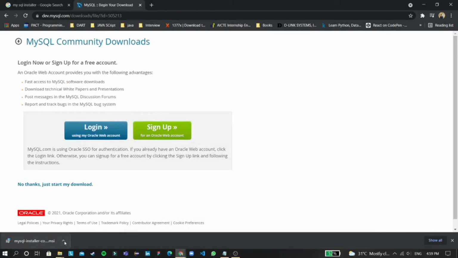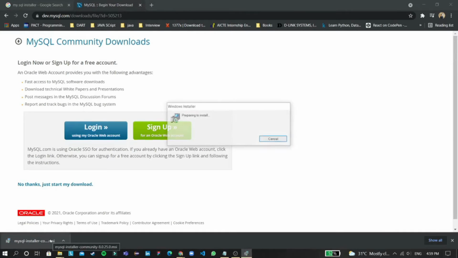Now our file has been successfully downloaded. We'll double click on that and open the file. We can run that file. I'm preparing to install.